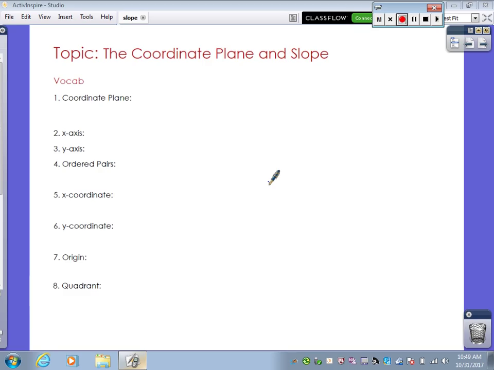Today we're starting to talk about graphing a line, writing equations of lines. So we're going to start with what's called slope. Some of you guys have been exposed to this before, and for some of you this is going to be brand new material. The first part of your homework though is going to be to write your own definition based